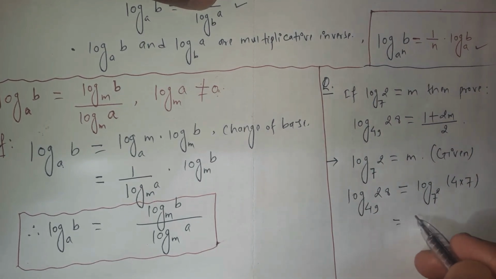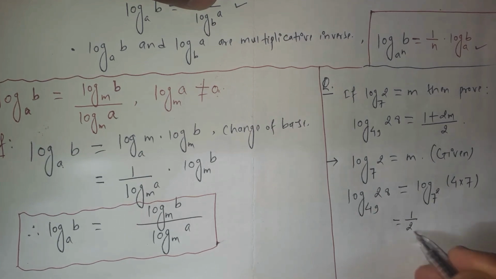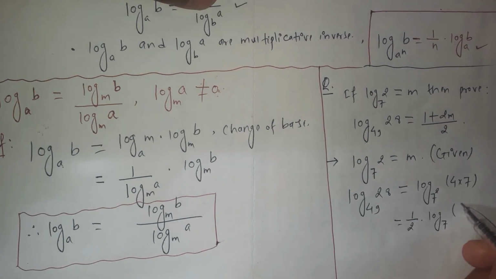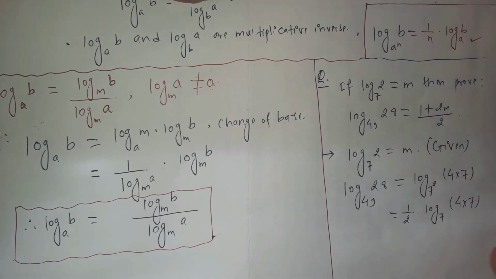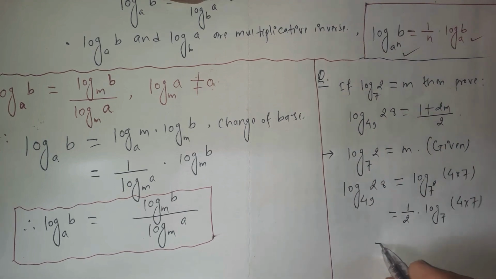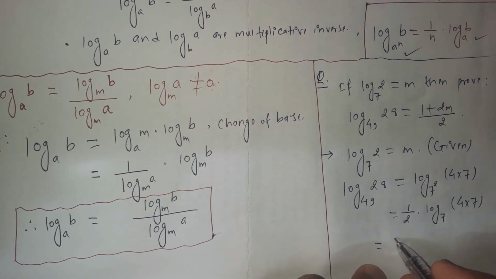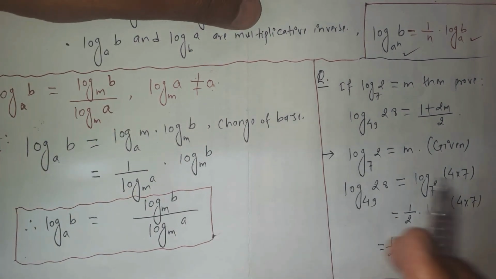And this expression becomes exactly, here the power of the base is 2. Its reciprocal is 1 over 2 times log with base 7 of the number 4 times 7. We just use this property, and this can be further simplified as 1 over 2 times,